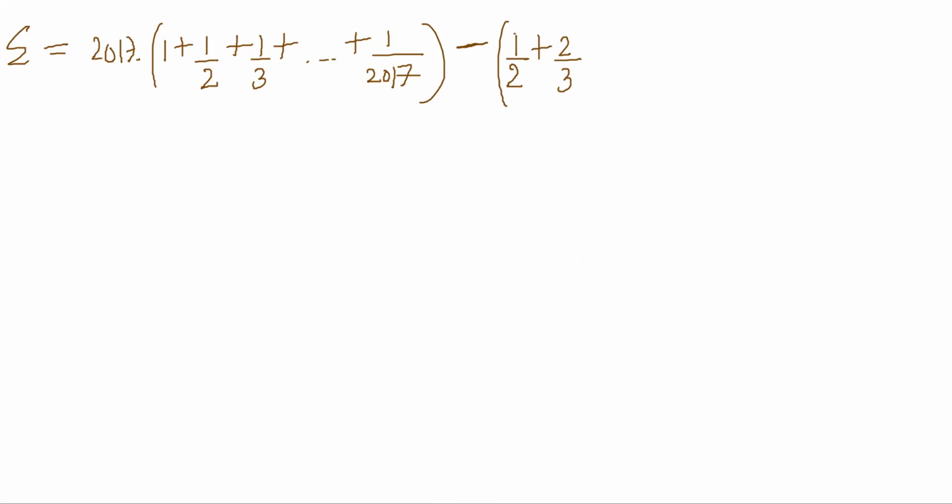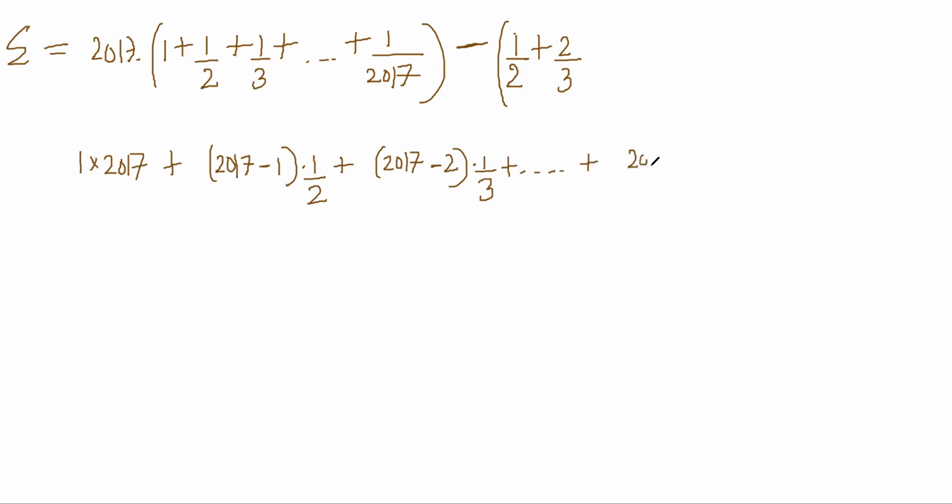The last term was 2017 minus 2016 by 2017. This was the thing: 2017 minus 1 by 2, minus 1 into half, plus 2017 minus 2 into 1 by 3, plus 2017 minus 2016 into,